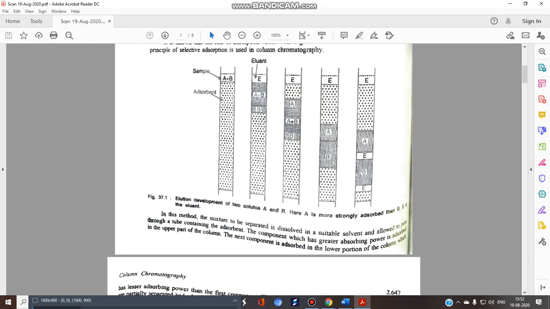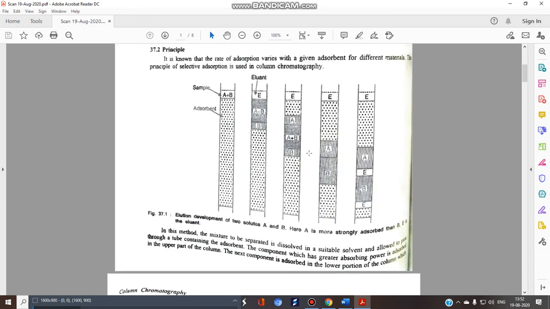So here is a diagrammatic representation that is given in this book, that is the column chromatography. Here is an adsorbent layer. Yes, the sample is put, and above the sample, yes, we have to put an eluent, or you can say the mobile phase. And look at this. Suppose this is a mixture of A and B. So this mixture gets separated into two. Finally, separation occurs. Okay.